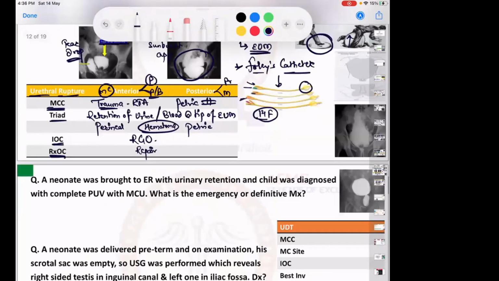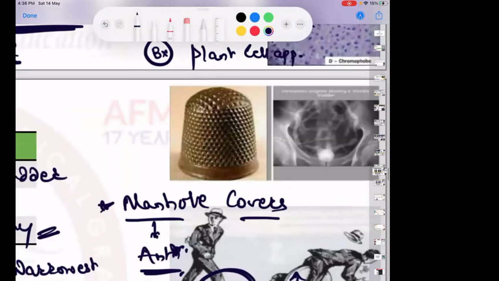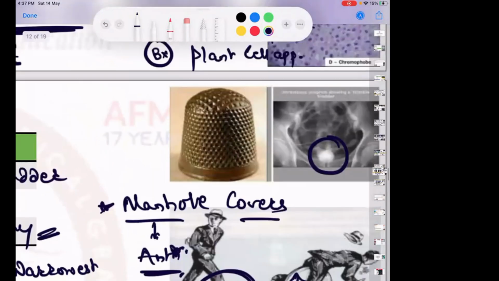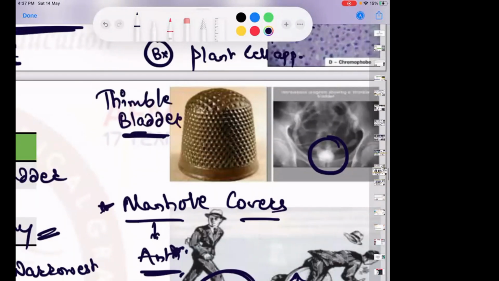I hope so. Here you can see that the bladder is constricted. There is a narrow bladder, the size of the bladder has been reduced, and there are multiple perforations, with multiple damage to the bladder. This type of bladder is called a thimble bladder. A thimble bladder is usually a complication or sequel of